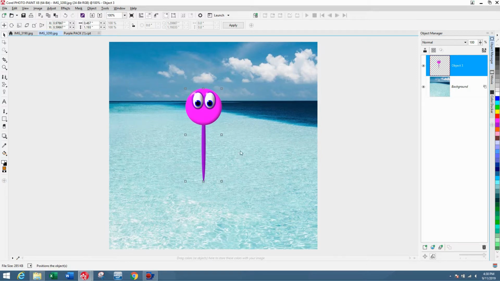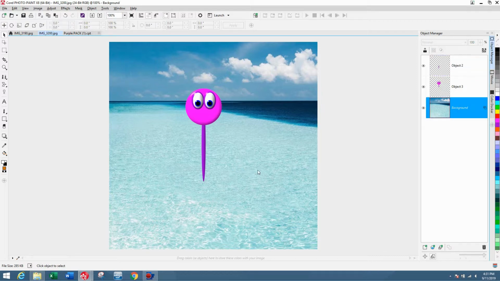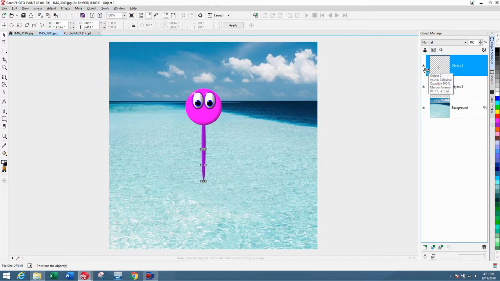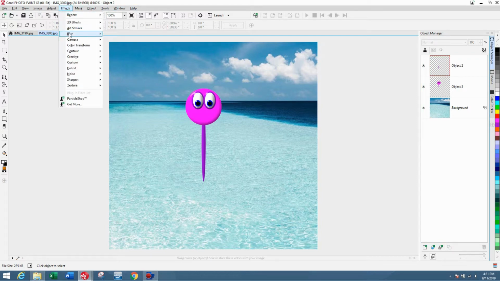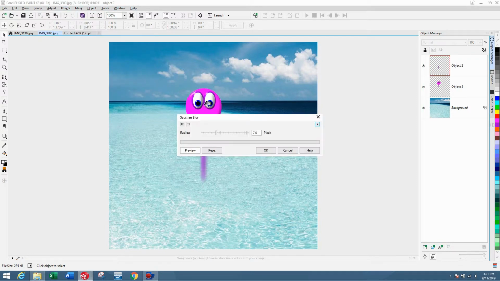So Mr. Purple, I want him to be underwater, so I'm going to use the rectangle mask, go about halfway, Control X to cut, Control V to paste, and I'm going to grab the bottom half. See, I could just get rid of the bottom half and it looks like he's in the water, except this is very clear water. You could see underneath the water. If it was darker water, yes. But in this case, I want to see him, and the bottom half is going to be a little bit blurry. So we're going to use Gaussian blur,